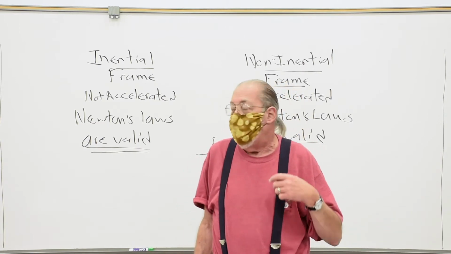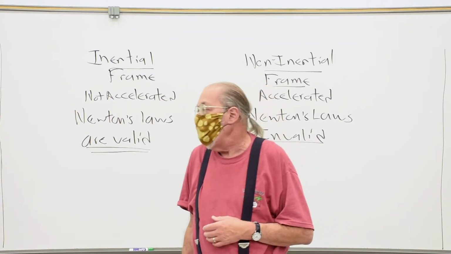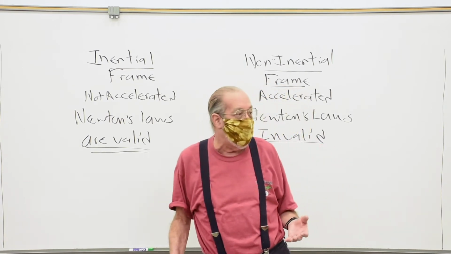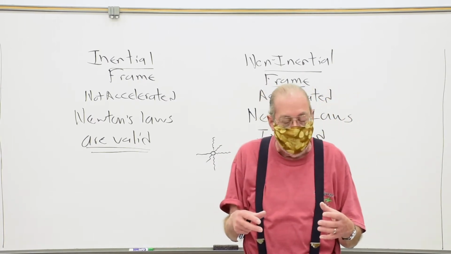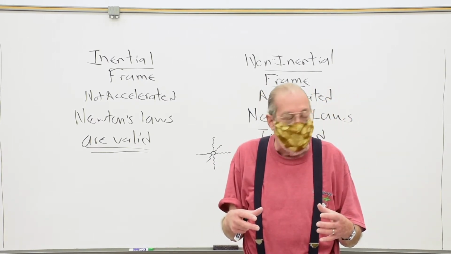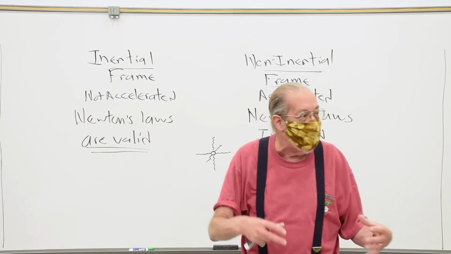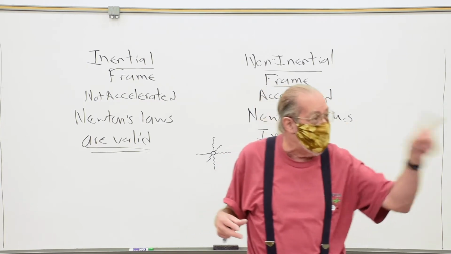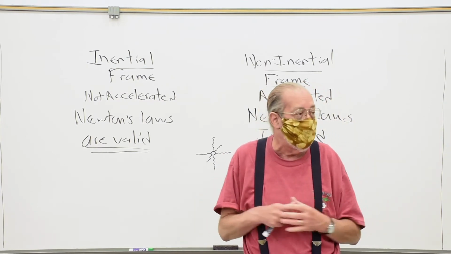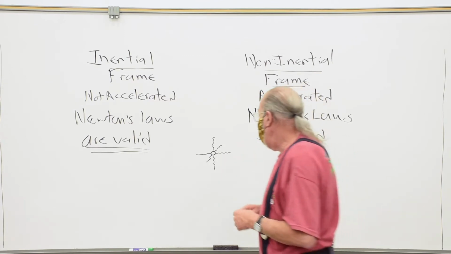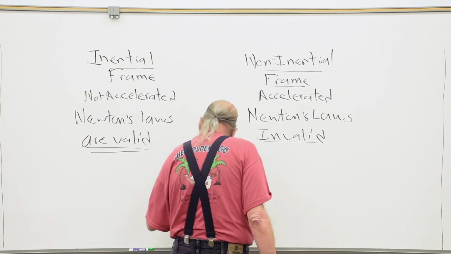All right. Another example of an accelerometer is a seismometer. You don't think of the Earth as being accelerated, but they take essentially something that's very heavy on a light spring, and if it seems to move by itself, what's really going on is the Earth is moving, and the Earth is accelerating around it. It's not just moving. It has to change its velocity. So you can tell with an accelerometer which one you're in.